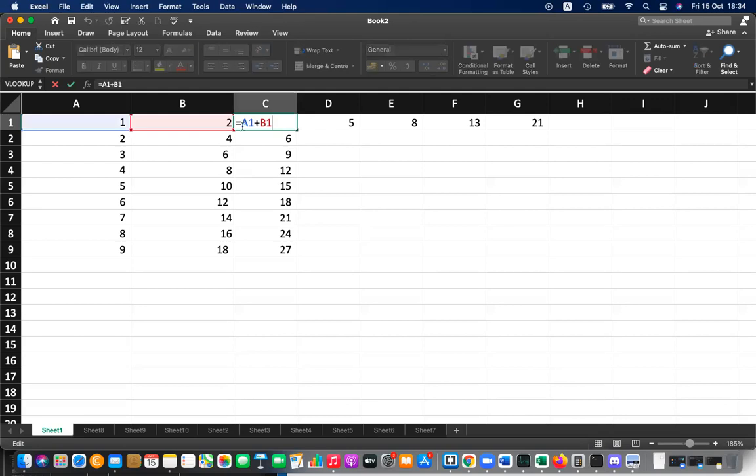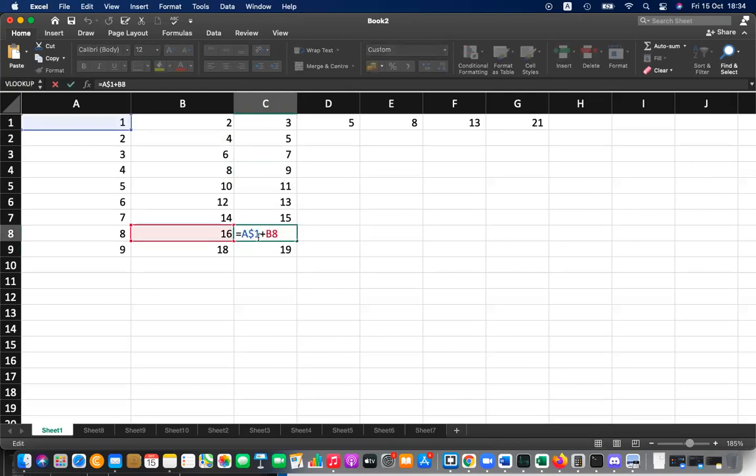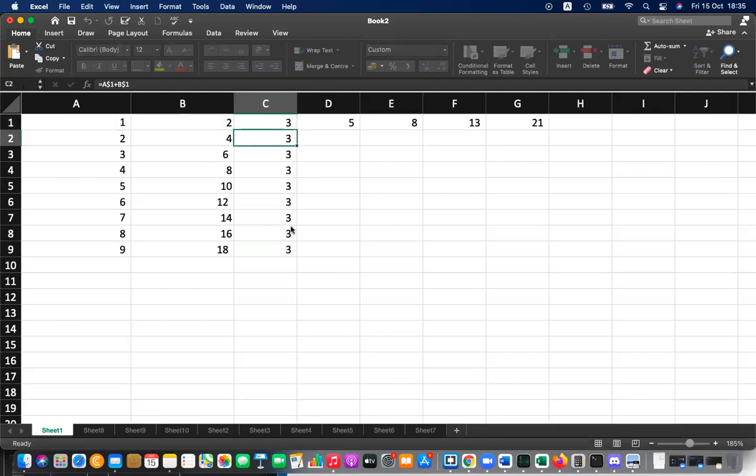But if you put a dollar sign in front of the 1, let's say $1 only, then if you drag this, you can see it's $1 here, here also $1, and here also $1. It's not changing because of this dollar sign. But B is changing, right? B is changing, but $1 is not changing. When you put a dollar sign in front of this one also, it's not changing. You can see the answer is always 3 because this is B$1. Here also B$1. The answer is not changing. So that is called absolute referencing.